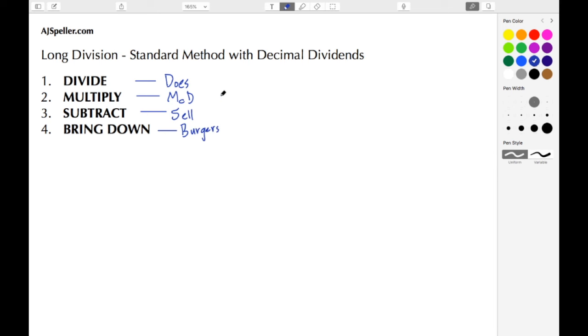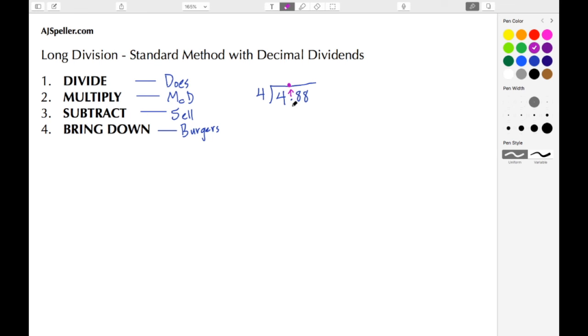All right, for our first example, we're going to use some of the same numbers that we've used in our previous examples. So let's start with a divisor of 4 and our dividend of 4 and 88 hundredths. The first thing you're going to do is take this decimal point and move that decimal point up to the top. And from here, you're going to do everything you've done in the other examples.